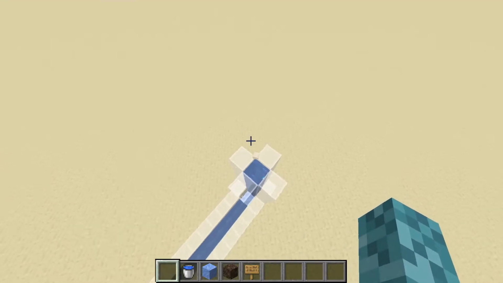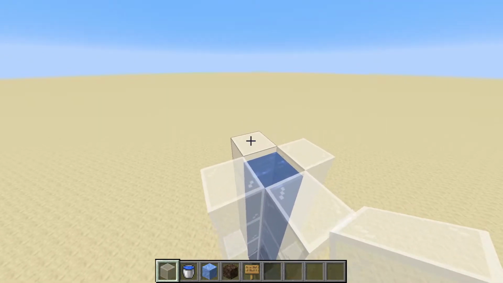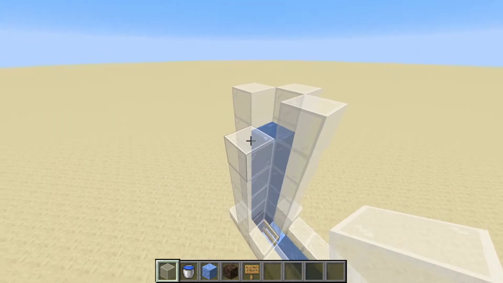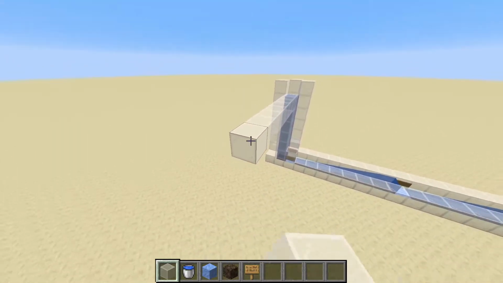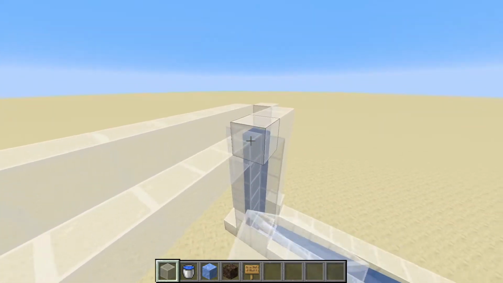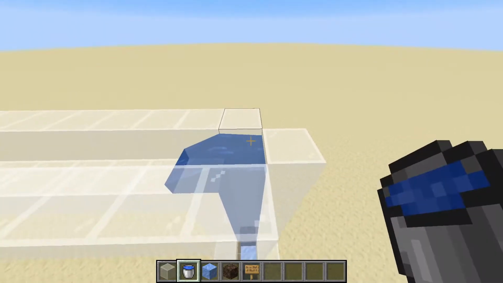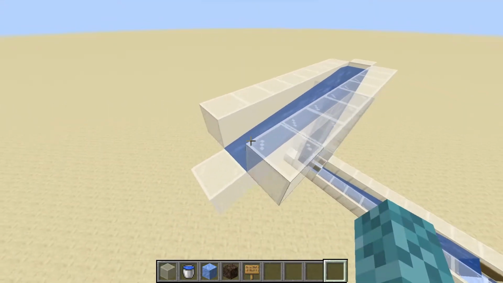Now when it's bouncing like this, it's not particularly useful to have. What we can do is lead this into a normal water stream by placing some blocks on the sides here, in whatever direction we want to go from, and then just continuing it out just like we would a normal water stream. So we're going to place some blocks on the sides just like we did earlier, and place down 1 water bucket on the top here, and we'll see that it'll actually flow to the side.